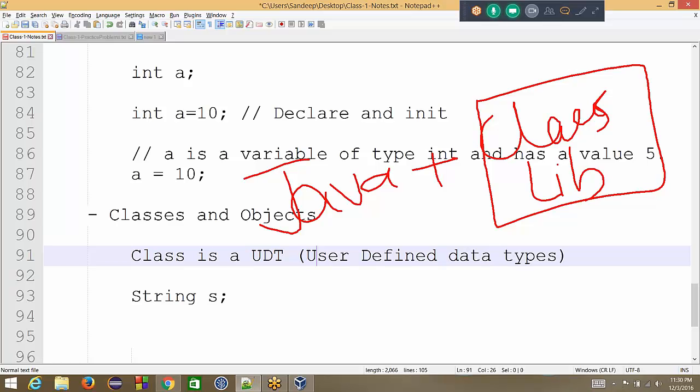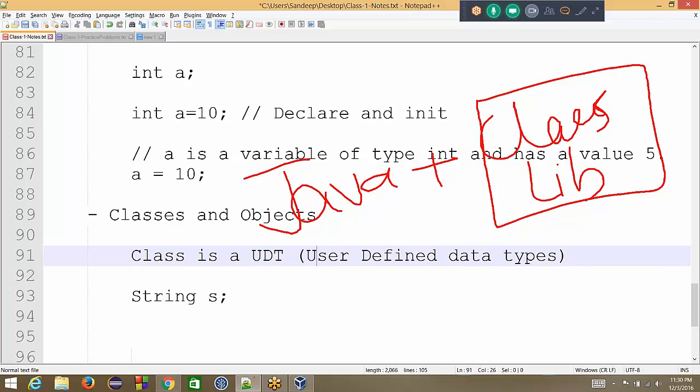Make sense? Yeah, some of it, not exactly. Yeah, but as we go on, it will make more sense. Okay, the point was that Java developers also create some data types for us, so that people who are using Java find it convenient. Since these classes were created by those users, the early developers, we call them user-defined data types. Okay, I just got confused with the user defined, because user in the sense like I am creating it, so it will be my class. So in that way I got confused. Okay, thanks for the clarification.